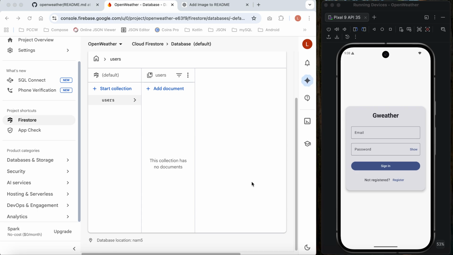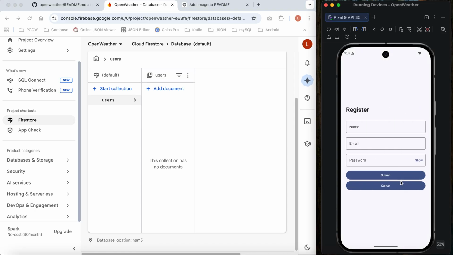A short demo on these applications, only a quick demo. Now first, let's go quick for registration. I click register. Now I will register my name. Here I put some function on the password show and hide. So now I put this information.